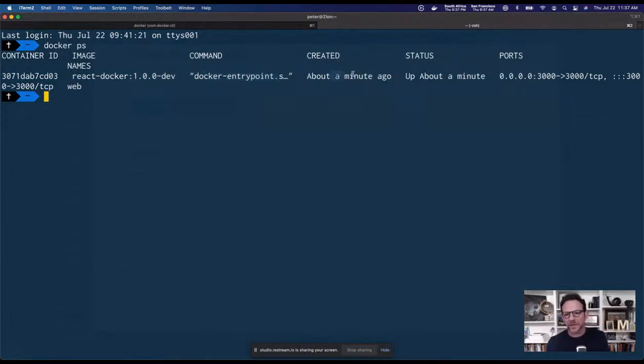And then it tells us created a minute ago, status is up and running, and then it tells us what ports are being mapped. So you can see 3000 on local is being mapped inside of my container. And then it tells you the name, web. Okay, so we have the image running. We can